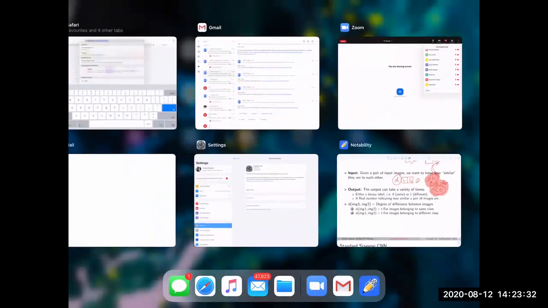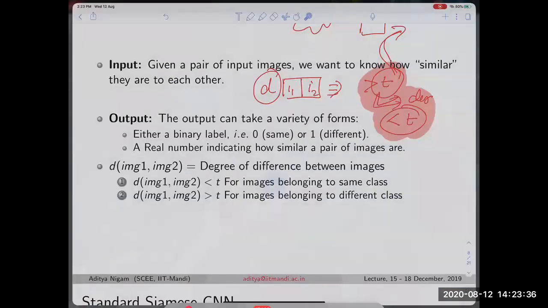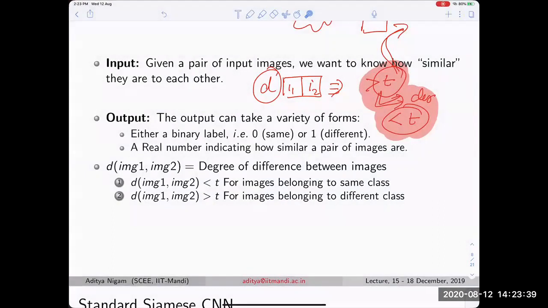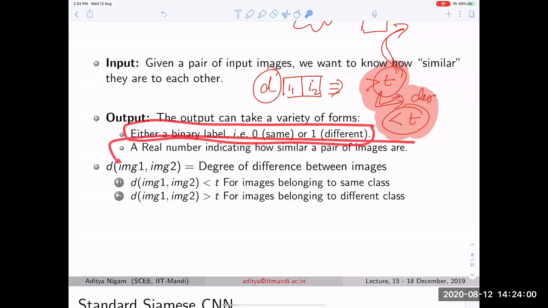Can you tell me why it is complex or difficult to train such a network with 0 and 1? Sir, because for a network to be able to identify the difference between two images and identify if they are in different classes, it needs to be able to identify the class of an image and also know the different classes. My point is whether this network is difficult to train or that network is difficult to train.